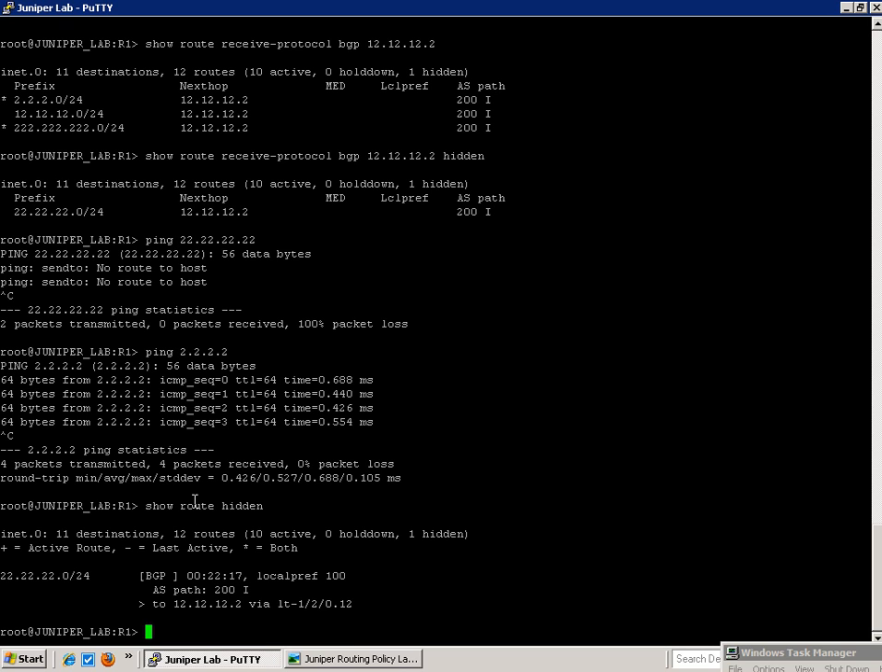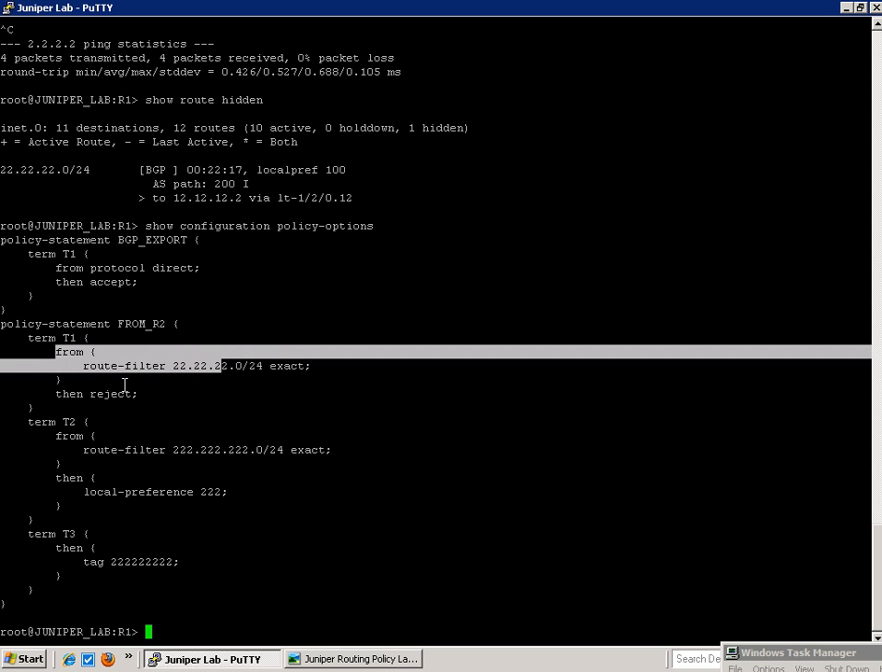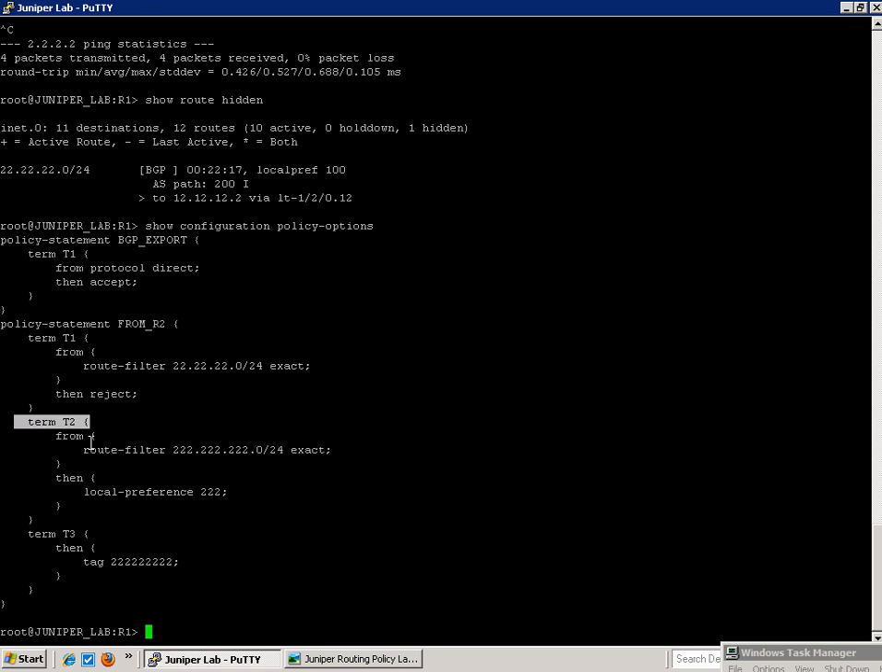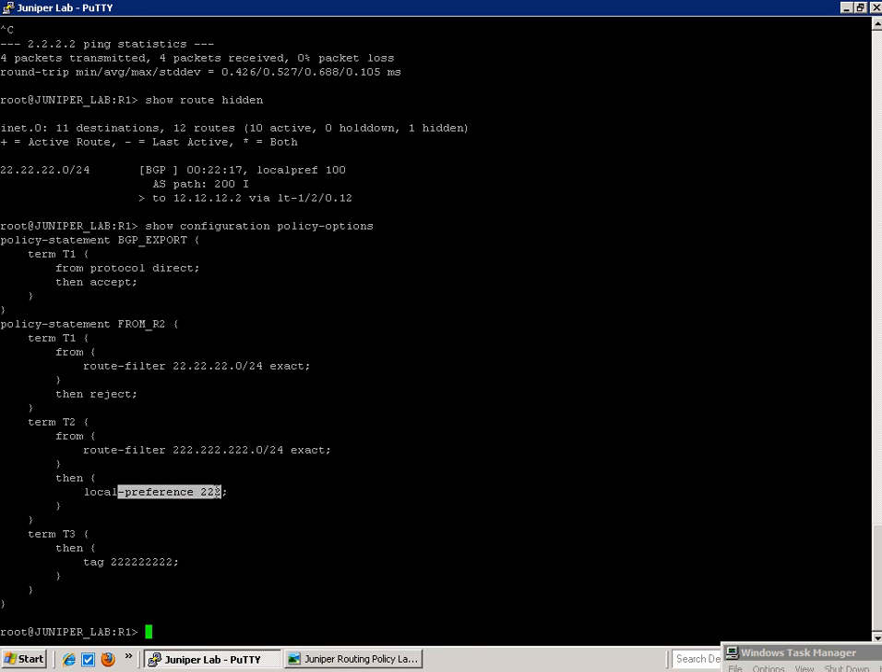Let's go back to router 1, do a show configuration policy-options. We created the routing policy called from R2. In this one, it was a multi-term policy where we had 3 terms. We had term T1 where we matched the 22 network exactly and rejected this route from being added into the routing table. And we showed you the proof that that was exactly what was happening after we applied this. We had the term T2, which matched the 222 network exactly. We set the local preference value to 222, and then we had the term T3, which matched all other